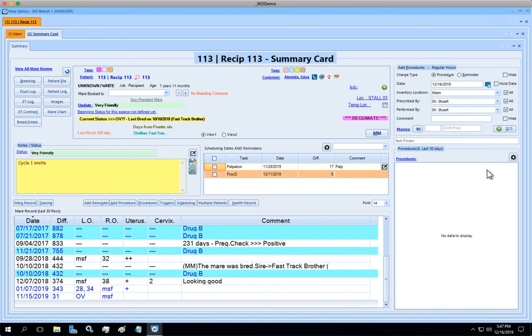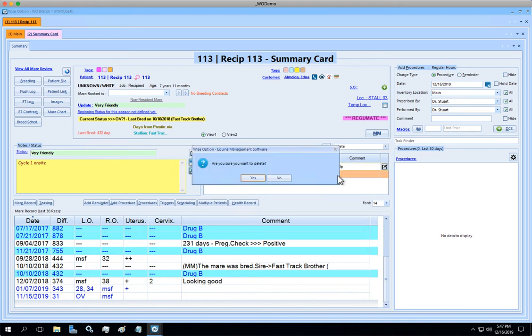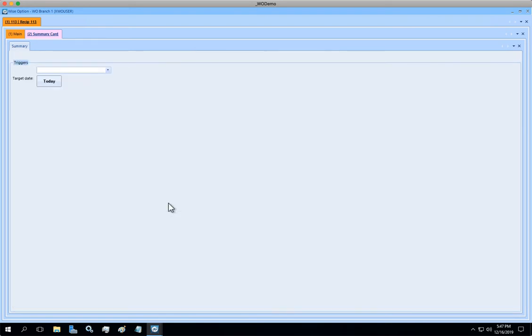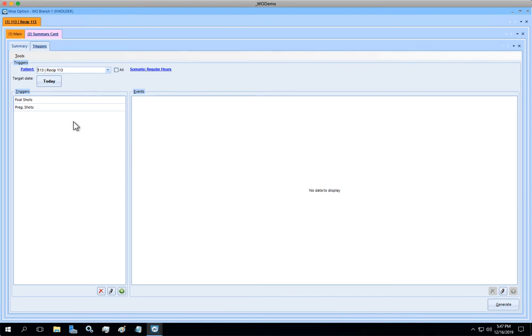And if you notice, we have two reminders over here, which I'm going to clean. I'm going to delete these two reminders, just so I start with a clean slate. Okay, now the reminders are gone. I'm going to use my triggers. This is a recipient mare. I'm going to do a preg check,